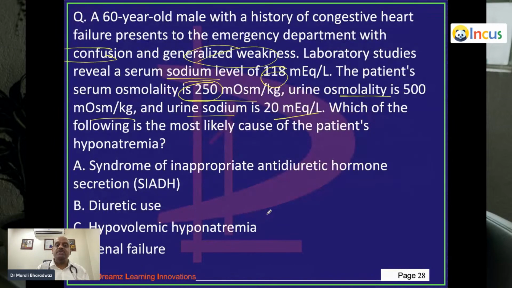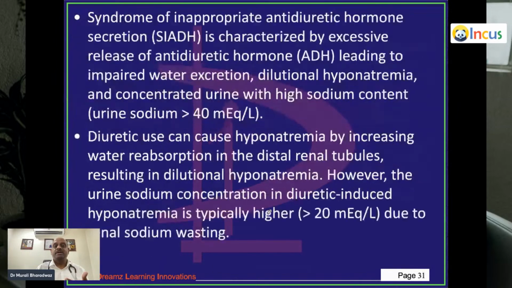Then why not SIADH, the syndrome of inappropriate ADH secretion? Here, the urinary sodium is more than 40, which is an important part of the definition of SIADH. We will discuss SIADH down the line. Now, doctor,